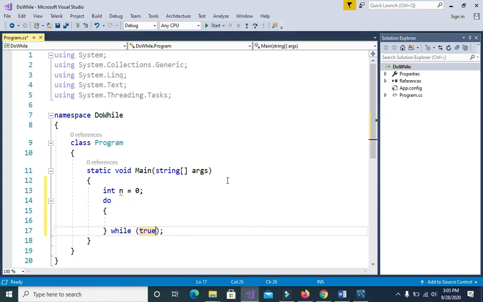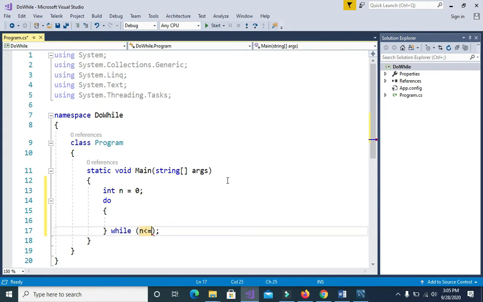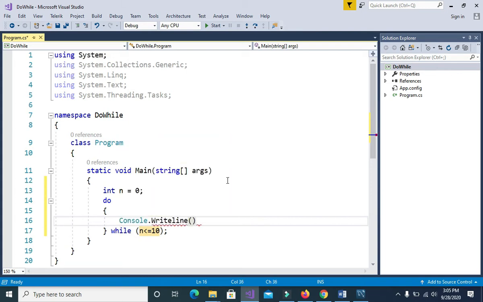In here, we will write n is less than or equal to 10. Then we will write Console.WriteLine followed by the text that we want to print. Of course, let's not forget to include our placeholder for us to add our n variable in printing our text.